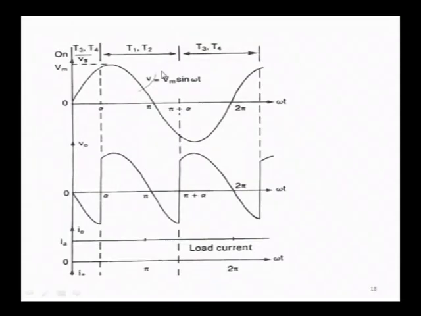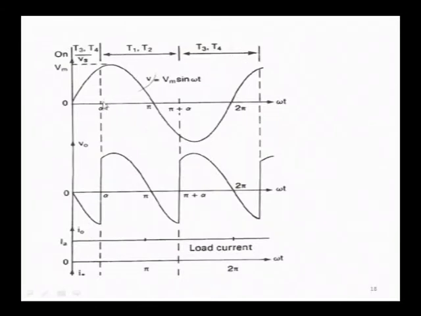Next is this waveform, which you have to write. As I said, the load current is constant and continuous, with no ripples; it is totally ripple free. This waveform is important to write, along with the bridge controlled rectifier, which is very essential. You can see this SCR is triggered here, T1, T2 is conducting, and after that also it continues conducting. This is reverse bias, and once again the other set is triggered like this. This waveform is very helpful to understand the concept of firing of T1, T2, T3, T4.